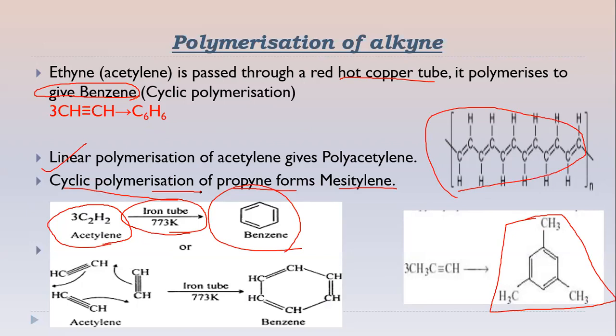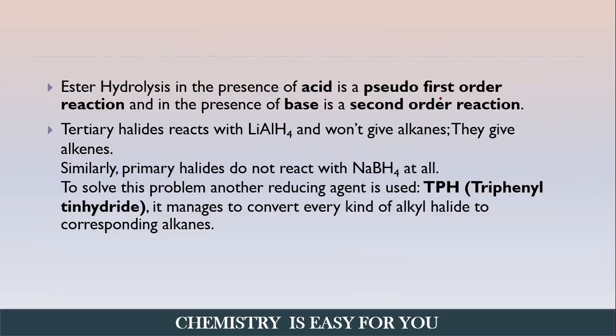Acetylene or ethine will give you both benzene as well as polyacetylene. When it is linearly polymerized, you get polyacetylene, and when it is passed through a red hot copper tube, it polymerizes to give benzene. Here I have also shown you how it happens. There occurs a common shift, this type of reaction occurs, and you get benzene. Very simple, but just remember this, because you get confused. Maybe all these products will be given in the options, and you may be asked to choose one. Don't get confused. This is another important point.